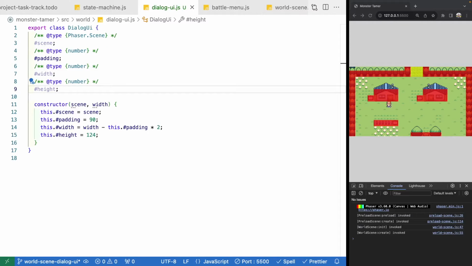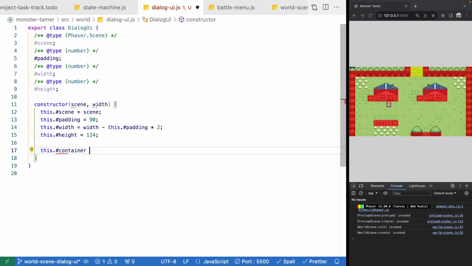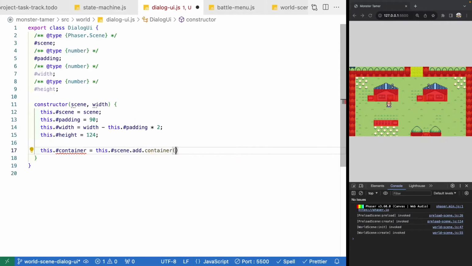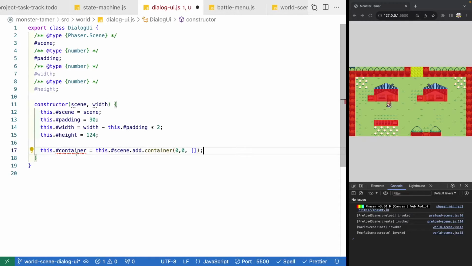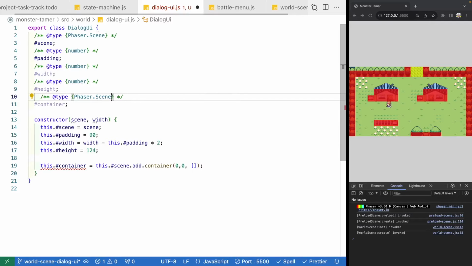All right, so the next thing we need to do is create our panel. And so we'll make a container. So we'll do this: container will be equal to this.scene.add.container. And for our position, we're going to do 0, 0. And then we'll have no objects. And so let's add in our container. We'll just copy this. And this will be a Phaser